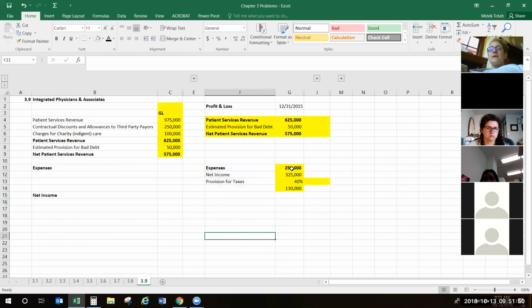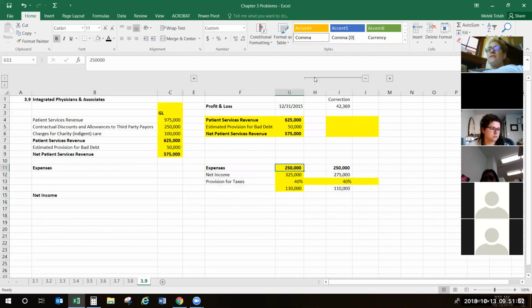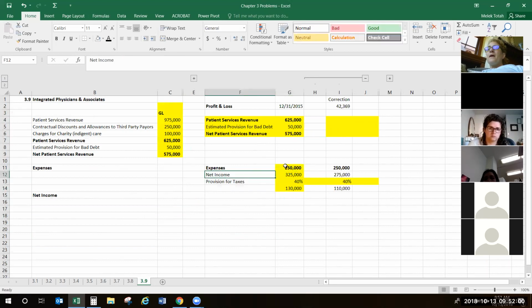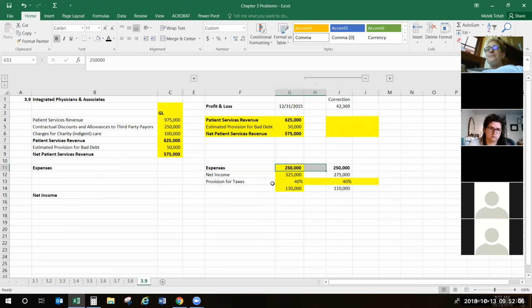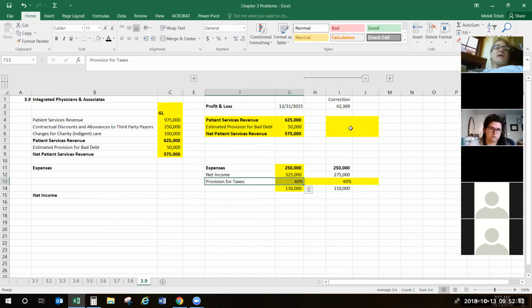The expenses, let's see, what did I do here? I think I might have given an example. Oh, that's right. I just put a fictitious number in here. They don't actually speak to expenses in the example, okay? And therefore they don't speak to net income. But what I wanted to do is put some number in here so we could do the next problem. I think they did say that there's a provision for income taxes of 40%, right? So what the next question in this problem was,